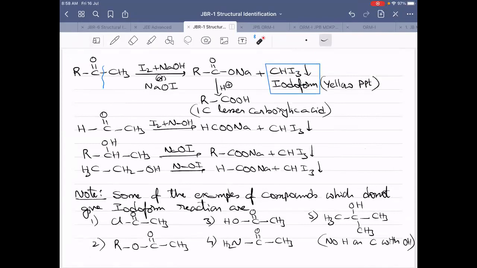Next. So this is a reaction, how the iodoform reaction, or in fact, the haloform reaction will happen. Yes, I will explain. You see, why are we using, see here, I have given the iodoform reaction. Why not